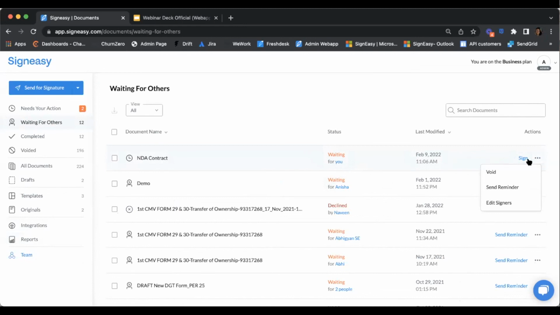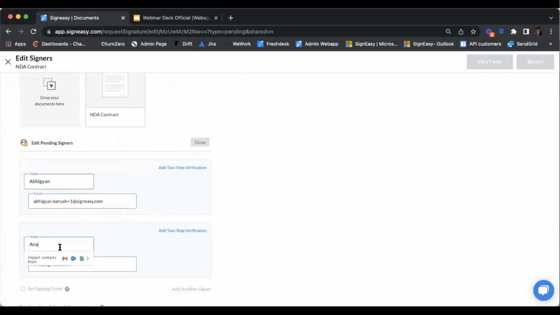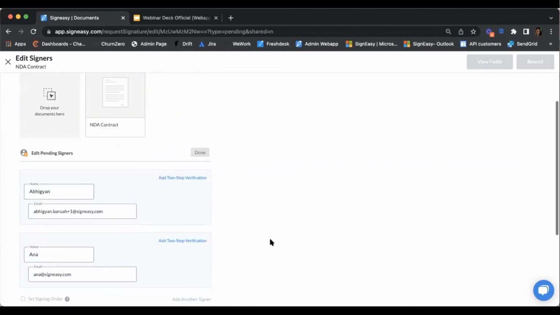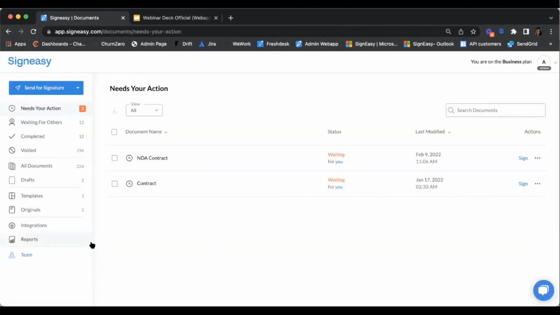So if you go to the right side of your document, click on the three dots, you can click edit signers, and you can change the email address. Maybe I don't need Anna to sign anymore. Maybe Anna is away and I need her husband to sign the document. So I can just change the name and email address, and I can just hit resend, and it will get routed to the right people. So edit signers has been, at least for me, a lifesaver, and it saves me a lot of time. So that kind of covers it for the admin